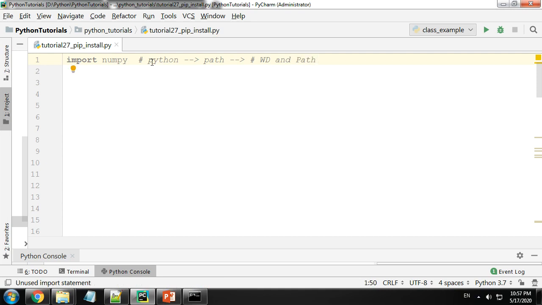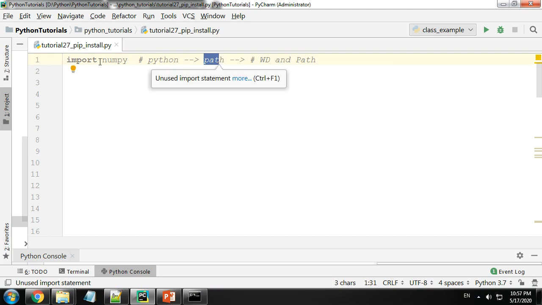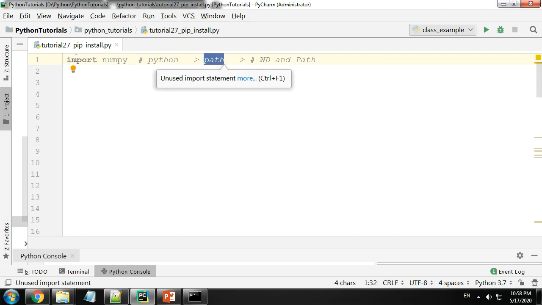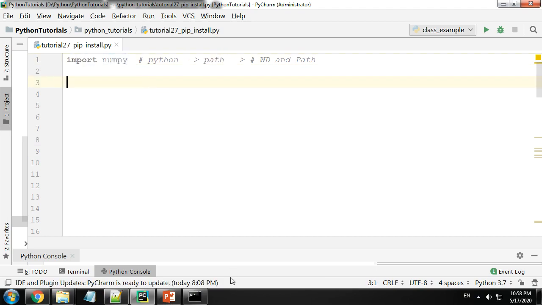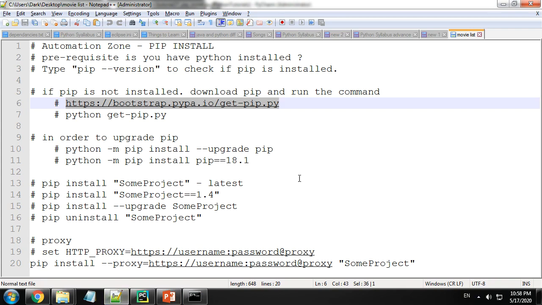So pip install will install something in your Python folder. The Python folder is in your path, and when you do import, Python by default will search your path, right? So import is going to work. That's done. Anything else remaining?